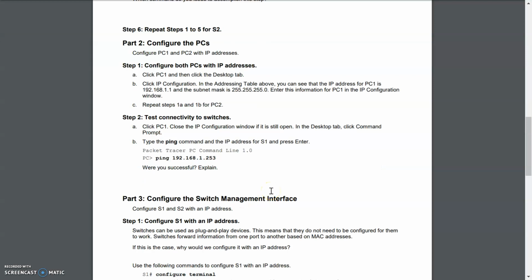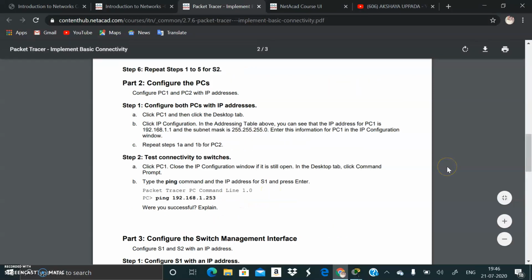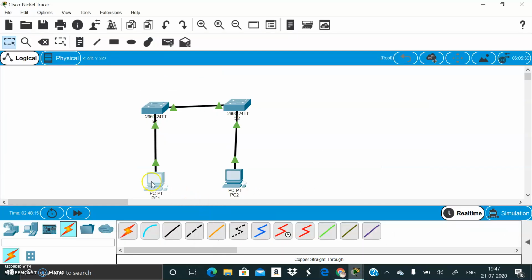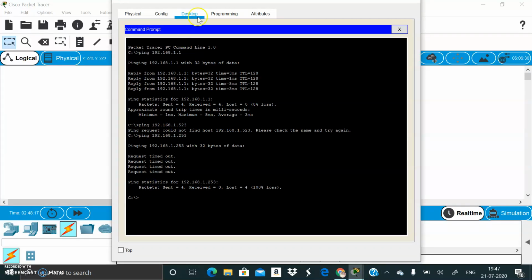Now test connectivity to the switches. For this, again go to the packet tracer and select the PC1. Okay, we have already opened the command prompt. Now use the ping command and enter the IP address of switch 1, 192.168.1.253.